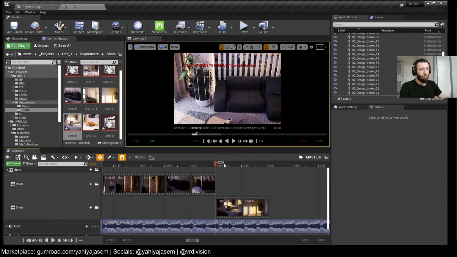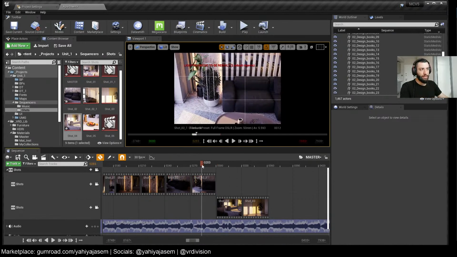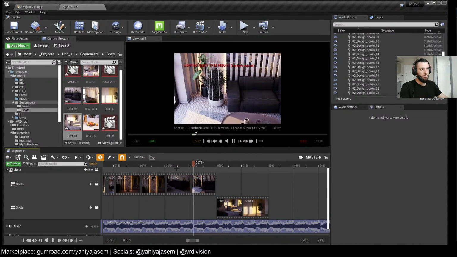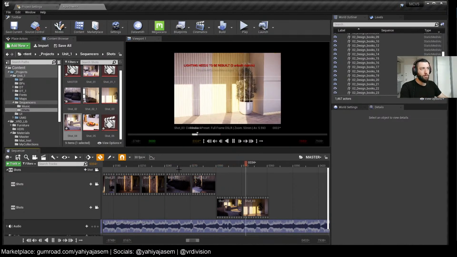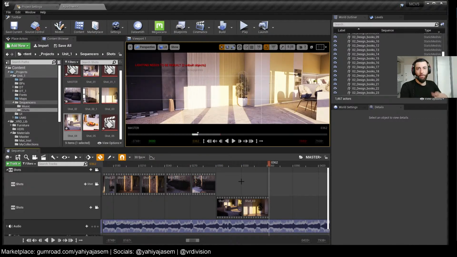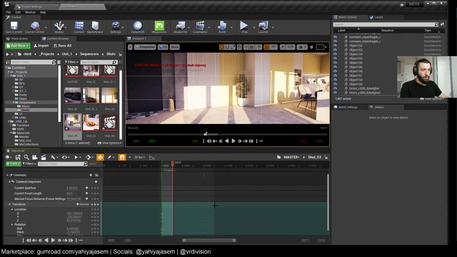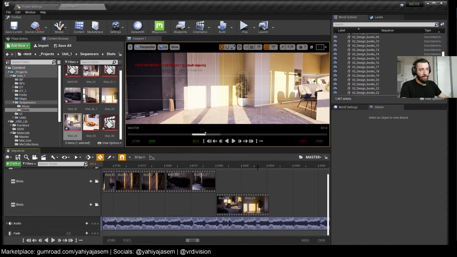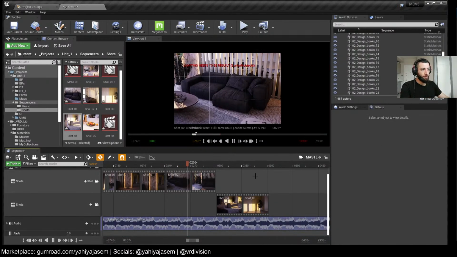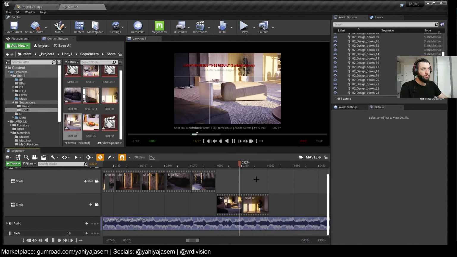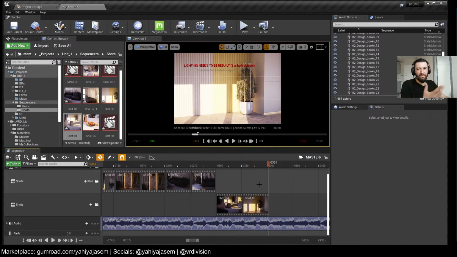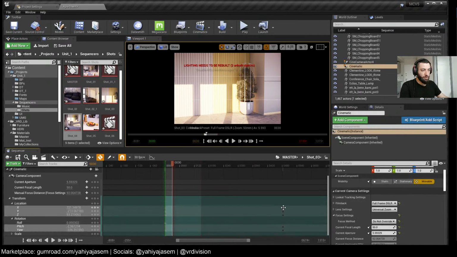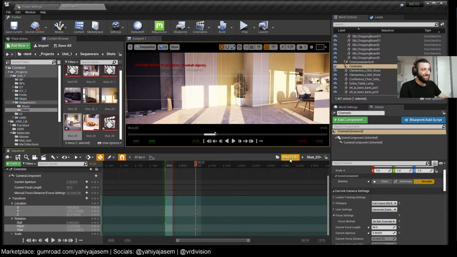It feels now more consistent with the camera speed. You know what I mean? I'm going to try to explain again. I'm going to move these all the way away, make this animation super slow. It's just not right. This is too extreme though, but